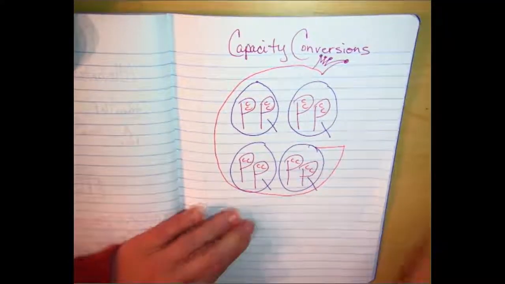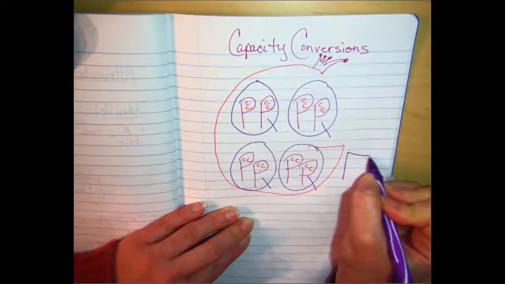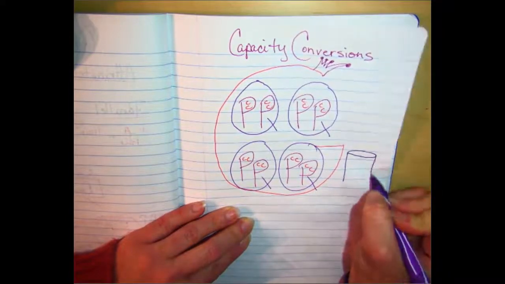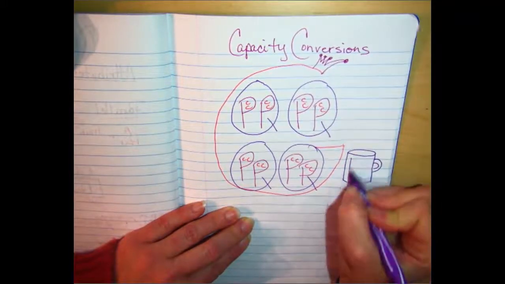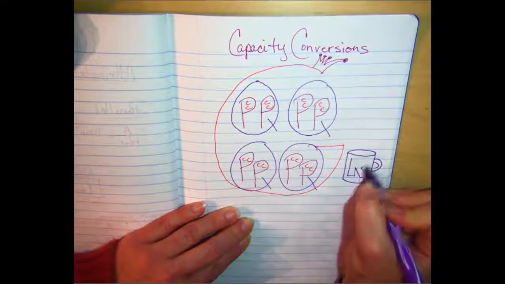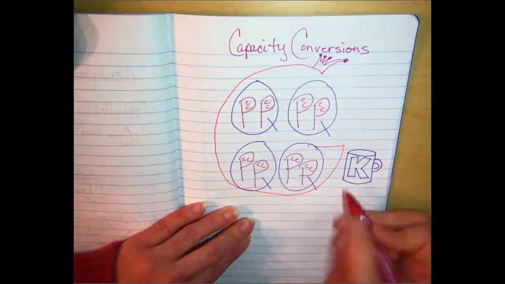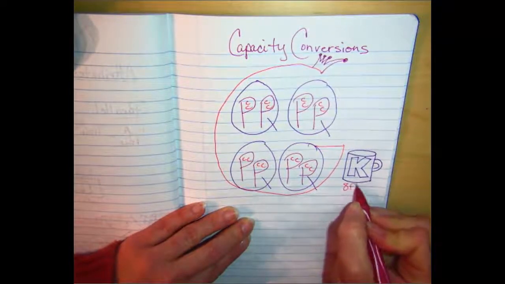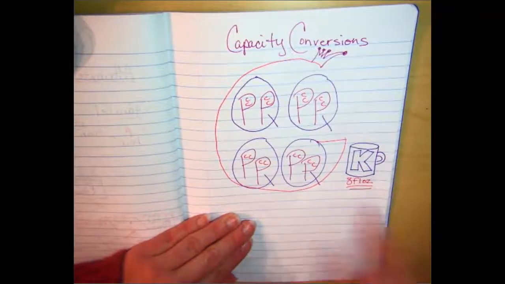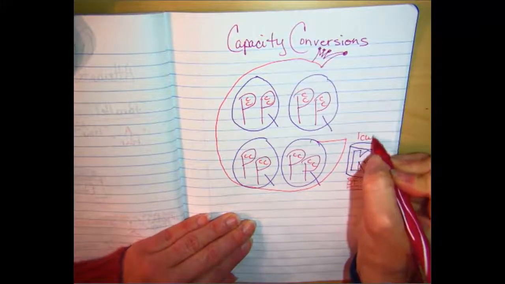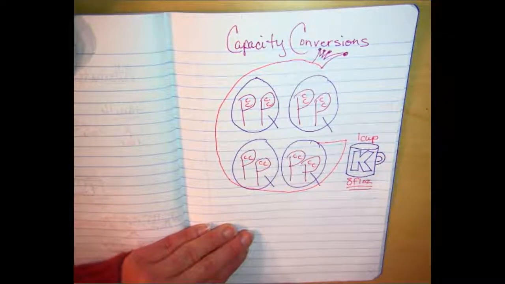And in 5th grade, we add one more thing that you haven't seen before, and it's King Gallon's special Kool-Aid cup off on the side. King Gallon has a special Kool-Aid cup, and in his Kool-Aid cup, which happens to have a K on it, for king, there's 8 fluid ounces. This is the new thing we add for 5th grade. 1 cup is 8 fluid ounces. Everything else in that big G, you should have seen in 3rd grade and 4th grade,